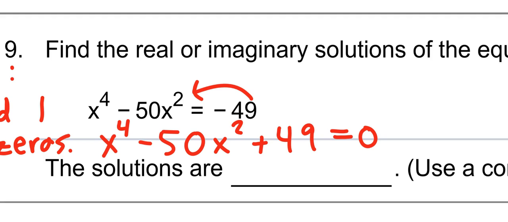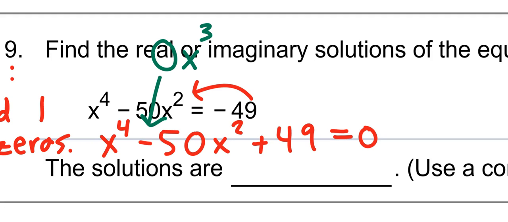Now, what is noticeably missing in between x to the 4th and -50x squared? There is no cubic term, x to the 3rd. So now I'm going to write something down here. You don't necessarily need to write this, but I do need you to realize there's a 0x cubed term there, and nobody wrote it down because we don't need to write it down. But you need to know it's there.